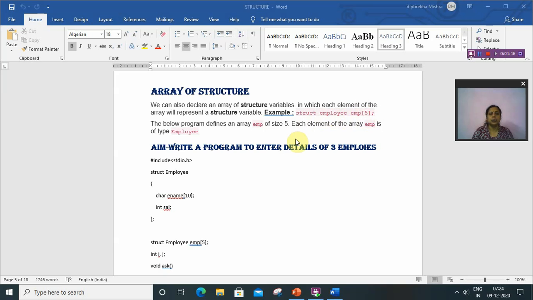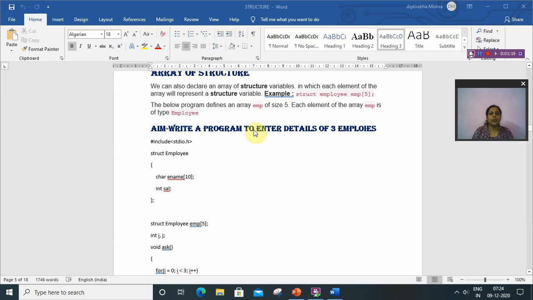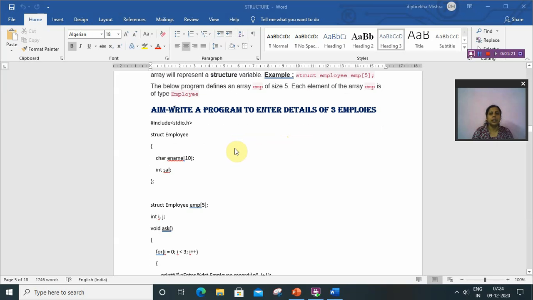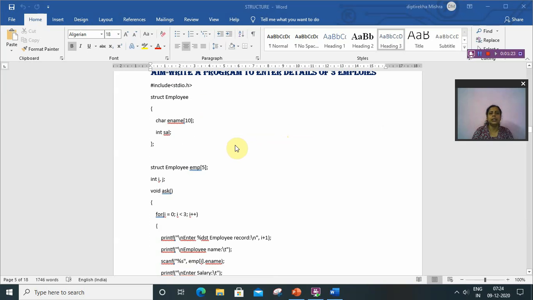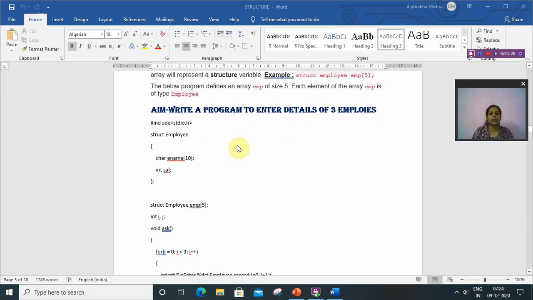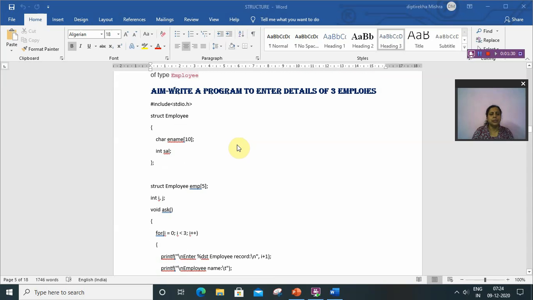Okay, so this is an example of employee structure which will accept details of three employees in the array. As we know, first of all we have to declare the structure, struct employee, and in the struct I have declared the member ename, of character type, which can store the employee name, and int salary, which will store the salary of the employee.